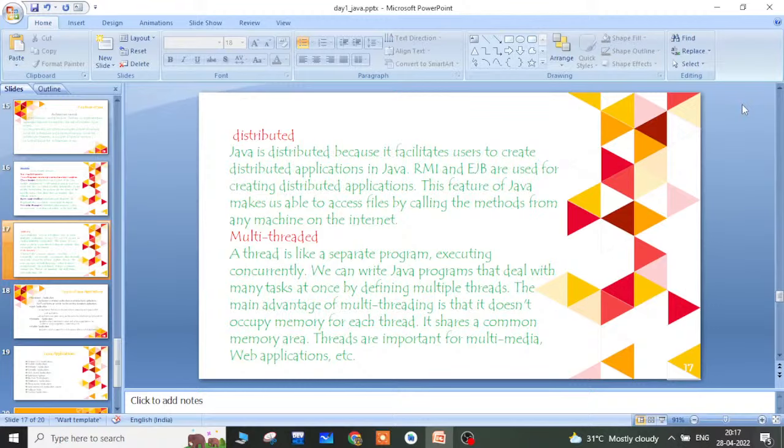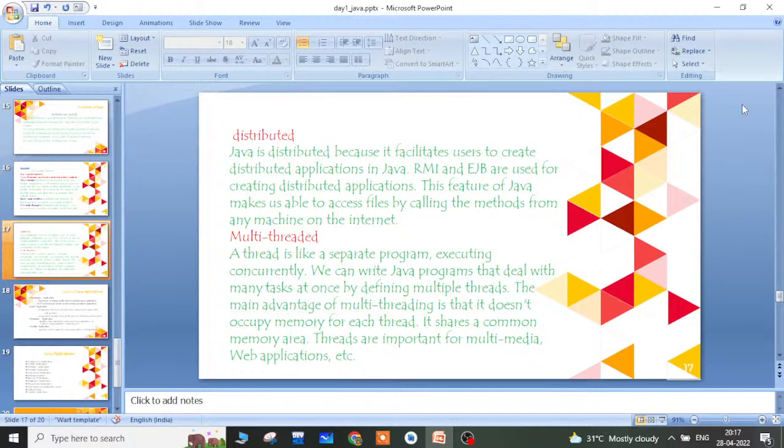These features of Java make us able to access files by simply calling methods from any machine on the internet. So when we say some programming language is a distributed programming language, we can share resources through the internet. So we can share things.